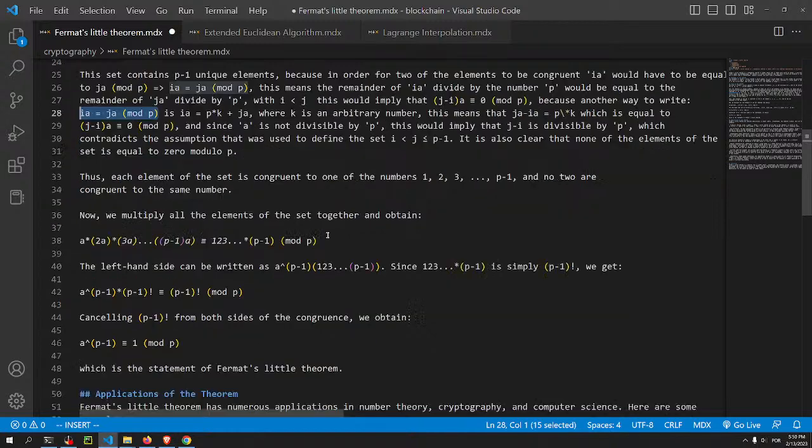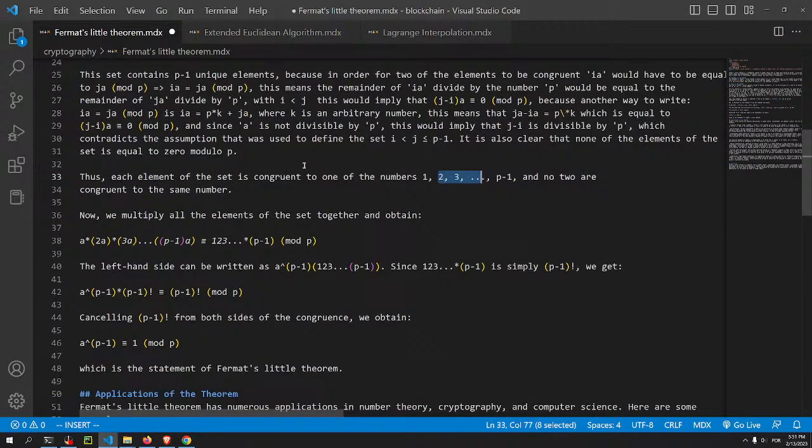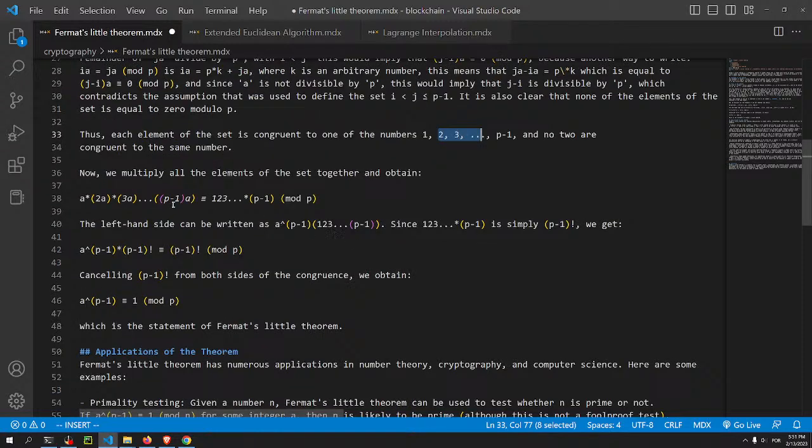Does each element of the set is congruent to one of the numbers, and no two are congruent to the same number? No two are congruent to the same number. Okay, yeah, that makes sense because they are unique, and they are congruent because they are multiplications of this. Makes sense. Now we multiply all the elements of the set together and obtain